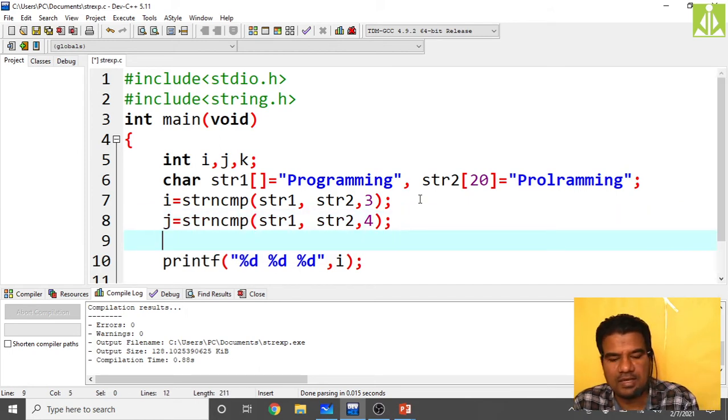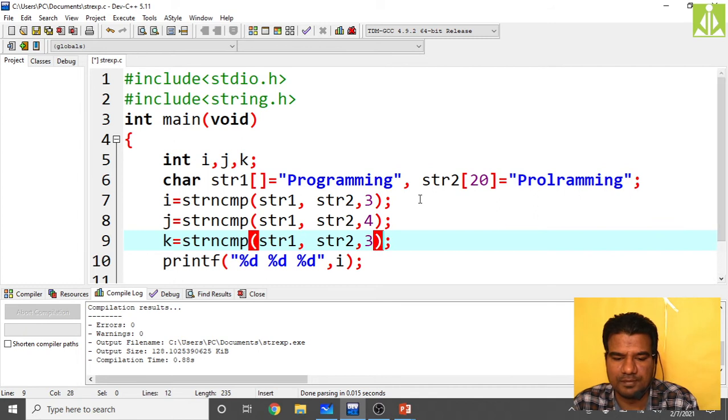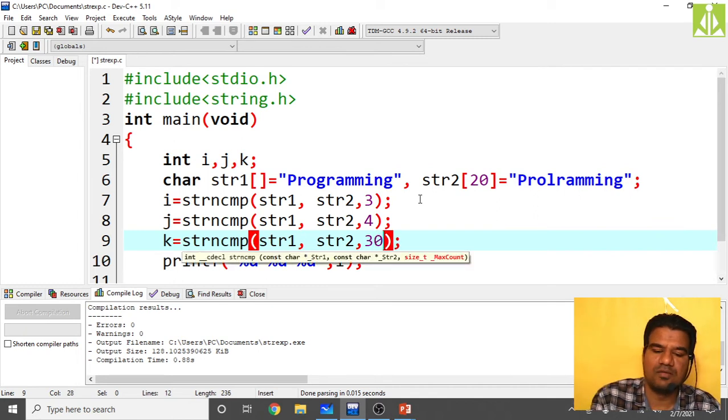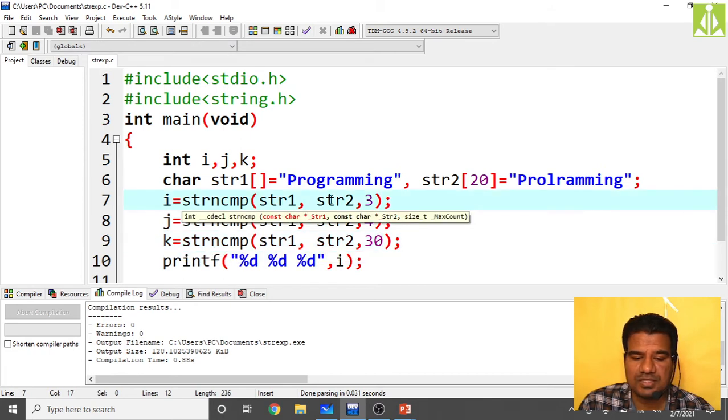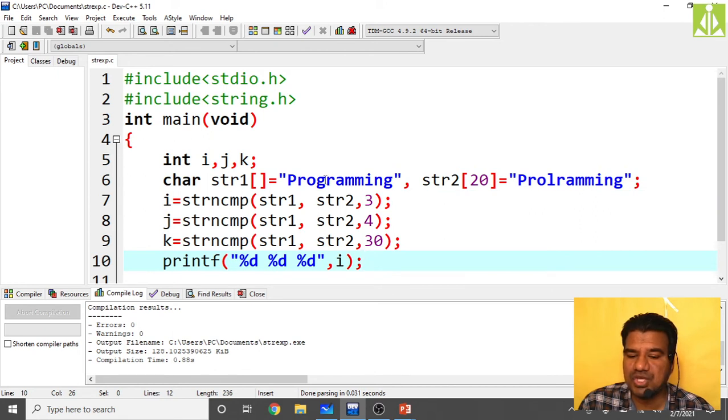And if I calculate all, like here we have in programming 11, right? So I am keeping like 30. Then what will happen? So our consideration, how it should go. For the first case, string 1, string 2. String 1 is having G, and string 2 is having L, unequal character.